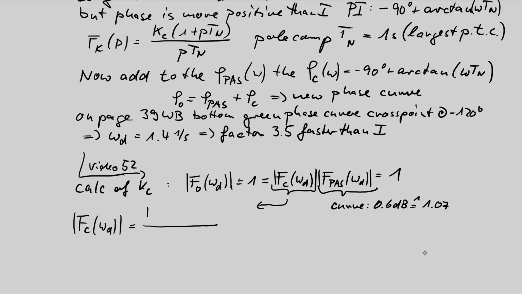The magnitude value is Kc multiplied with 1 plus pT term gives Pythagoras, square root of 1 plus omega Tn squared, and we have to calculate this value at omega d, divided by j omega Tn, and the denominator gives the magnitude omega d Tn. Omega d is given, Tn is 1 second is given, so we can calculate this value to Kc times,